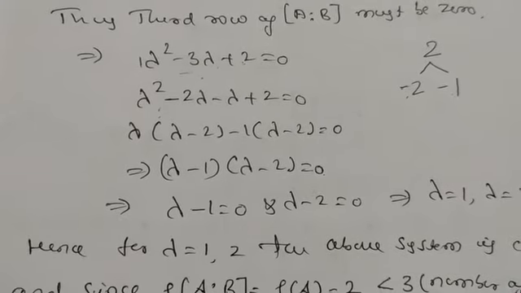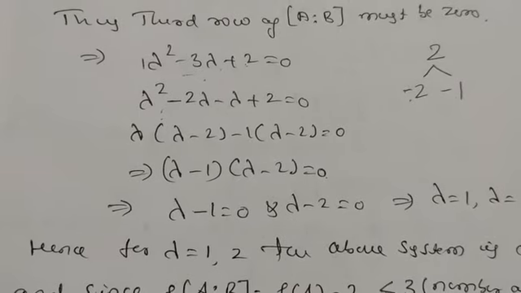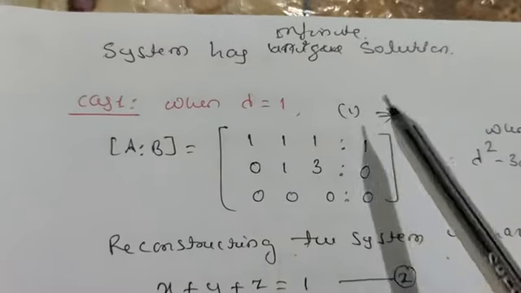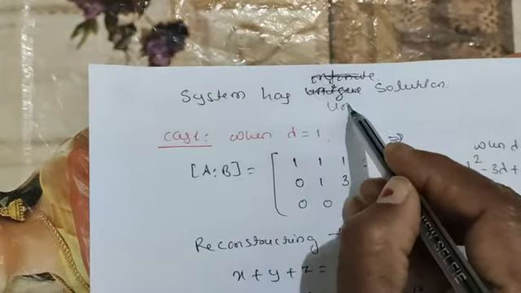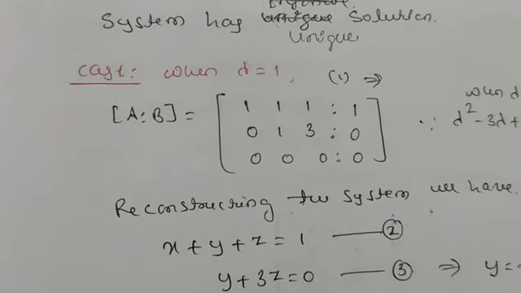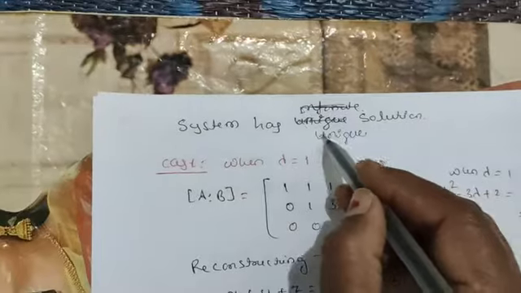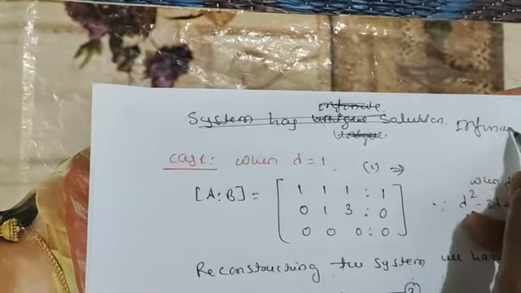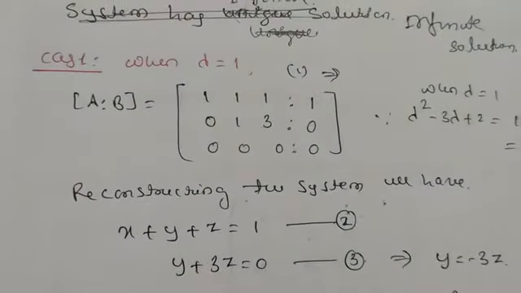You have to find the solutions also. Here you found only the lambda values, so next you have to find the solution too. The system has a unique solution? Not infinite, because here they are equal, no? They are equal and less than the number of unknowns. So how many solutions does it have? Wait, it is not unique, it is an infinite solution, because the rank is less than the number of unknowns, so it has infinite solutions only.